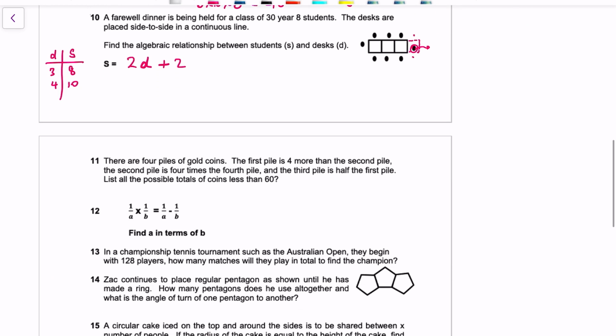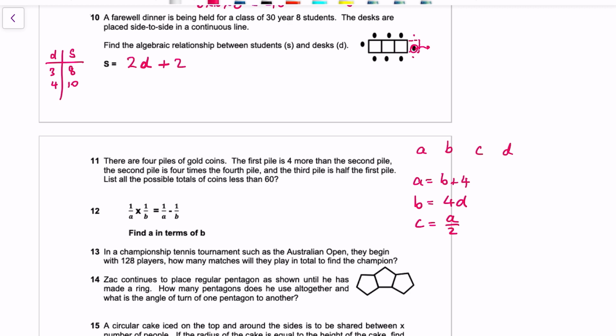Okay, so question 11. There are 4 piles of gold coins. The first pile is 4 more than the second, so let's just label these piles A, B, C, and D. The first pile is 4 more than the second, so A is equal to B plus 4. The second pile is 4 times the fourth, so B is equal to 4D. The third pile is half the first, C is equal to A over 2, and that's 3 equations there, and